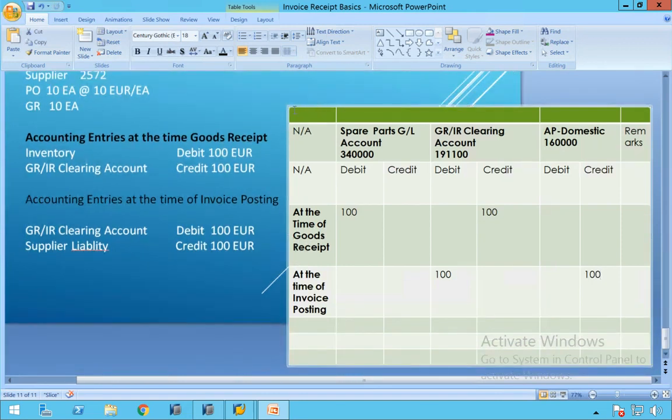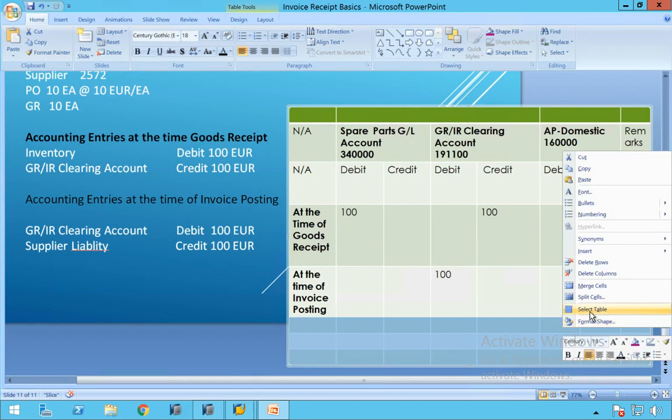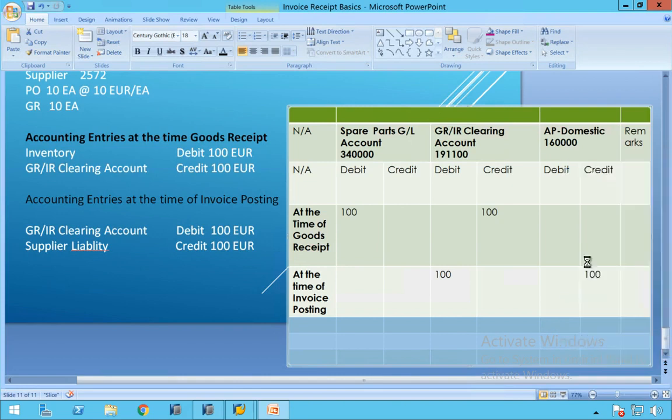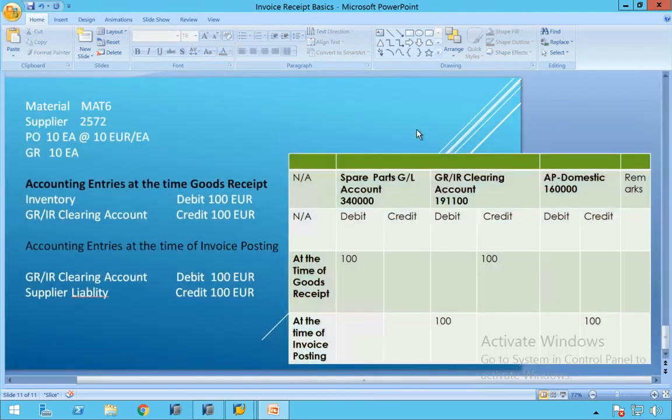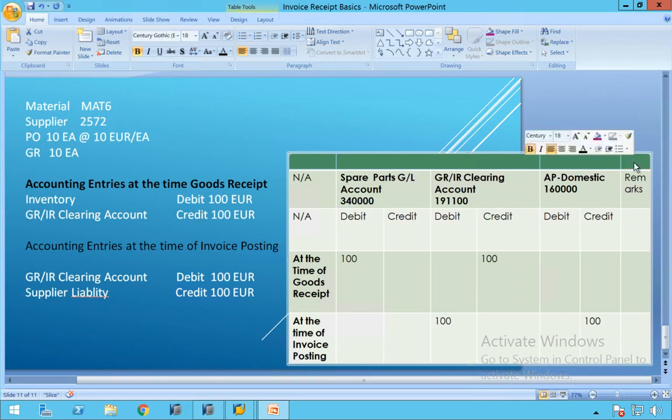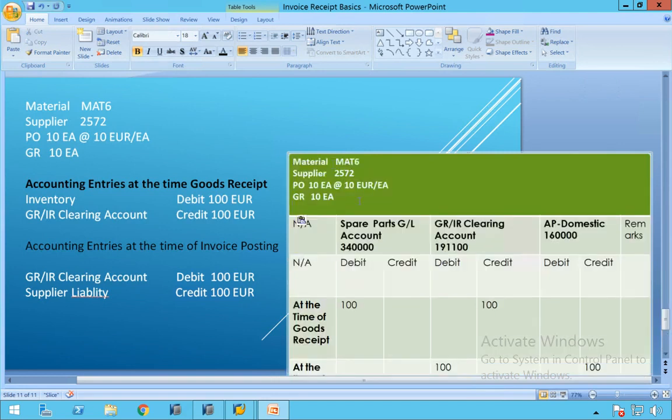All right. Now I'll minimize this. I'll remove all these rows. I'll delete all these rows. Okay, now it's simplified, and I'll put this slide here, and what I'll write here is all this stuff. I'll merge all these cells first, then I'll enter all this stuff here. Okay, got it? See how simplified we have the accounting entries.